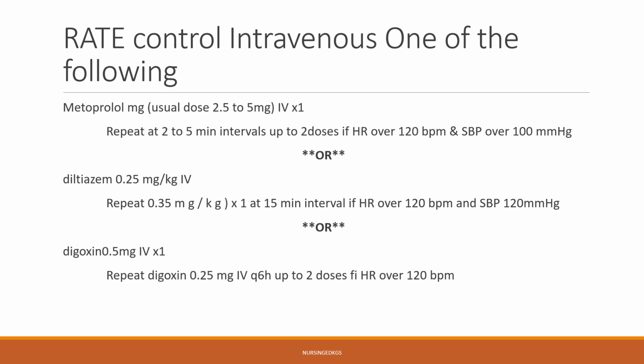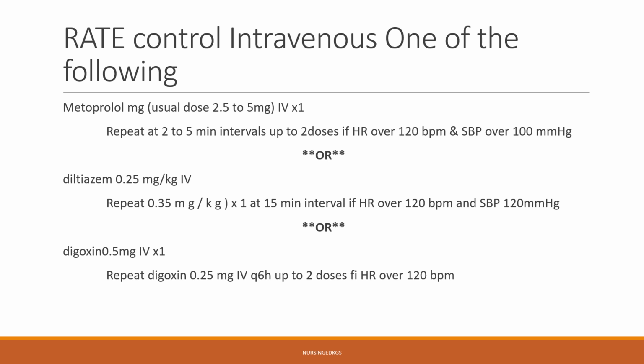The next medication is digoxin, and the usual dose for digoxin is 0.5 milligrams IV, and digoxin belongs to a class of medications known as cardiac glycoside. And the primary effects of cardiac glycosides include increasing the force of cardiac muscle contraction, so positive inotropic effect, and slowing the heart down, negative chronotropy. And it also acts on the cardiac conduction system, in particular the